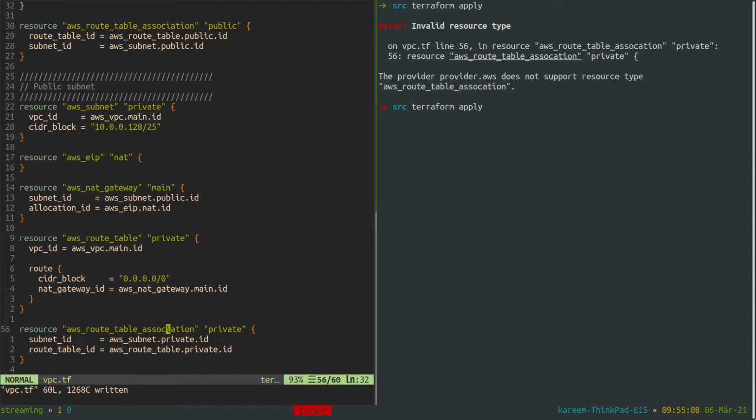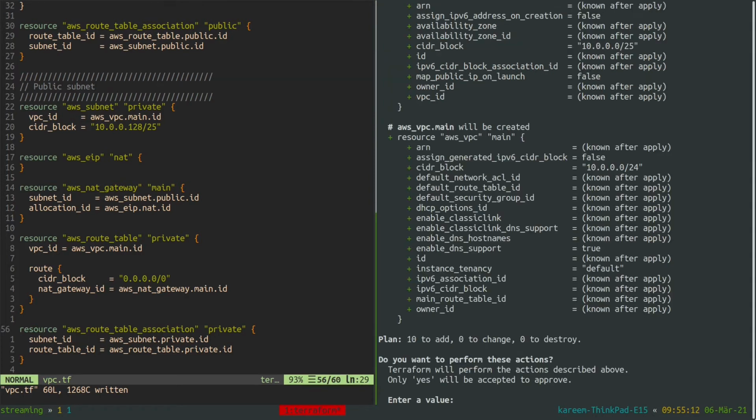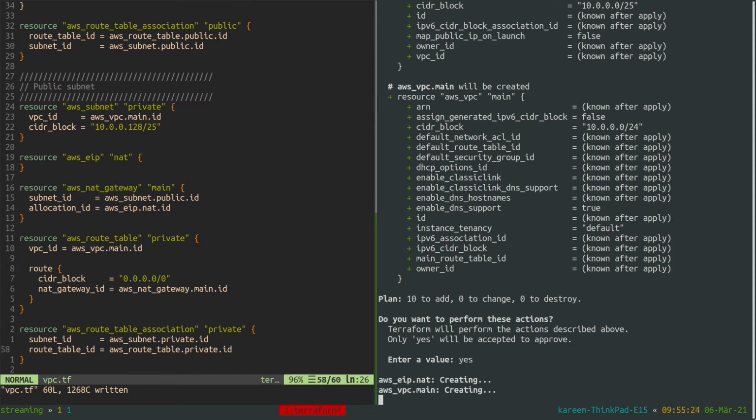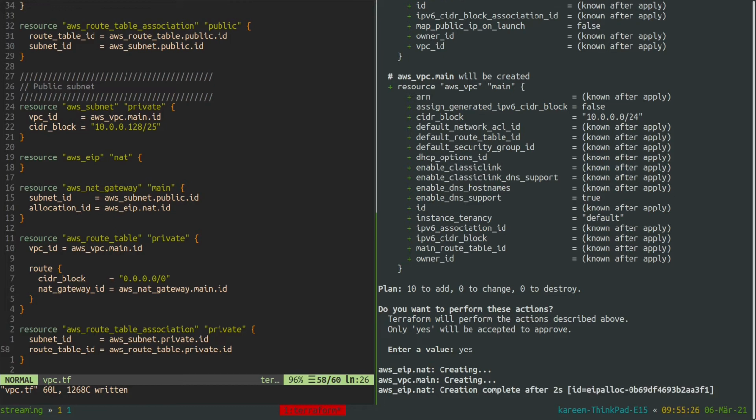Yeah, it was a misspelling of association. So we have 10 resources that are going to be created, which are these 10 resources. So I'm gonna just say yes, and after it finishes I will go to AWS and see what we have created.